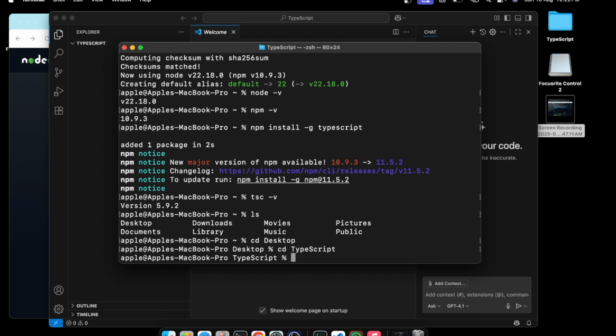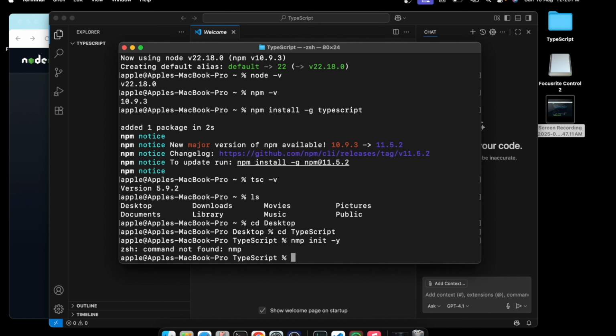So it is very simple, we just have to run a command, npm init -y. Okay, so it is saying npm, we have to type here npm.